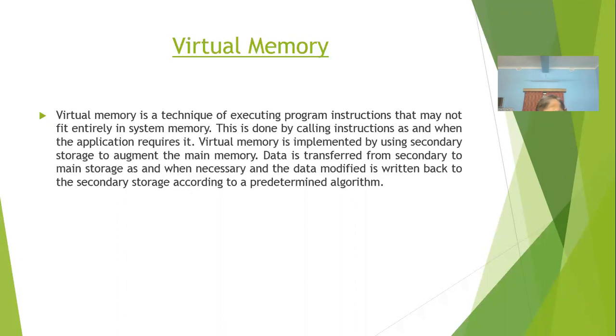Now, if we study the execution of real programs, we have noticed that programs generally have certain sections of code to handle unusual error conditions. Since these errors seldom happen, those codes may never be executed at all. Or generally, when we are using arrays, lists or tables, we allocate more memory than the actual requirement. So there may be certain options and features in the program that are also used rarely.